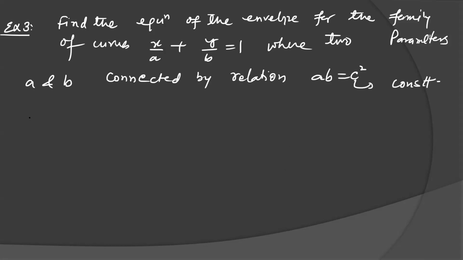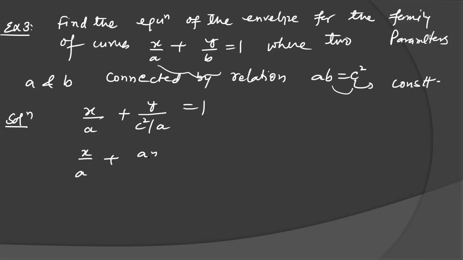Remember, I am giving you a hint here. Actually, this is a two parameter family, so we cannot tackle it directly, because till now we have studied only one parameter. So we will convert it into one parameter. Find the value of b in terms of a. C is a constant, so C is not going to disturb us. Only A is going to disturb us. A is the parameter here, and after simplification, you can see that this is a quadratic equation.